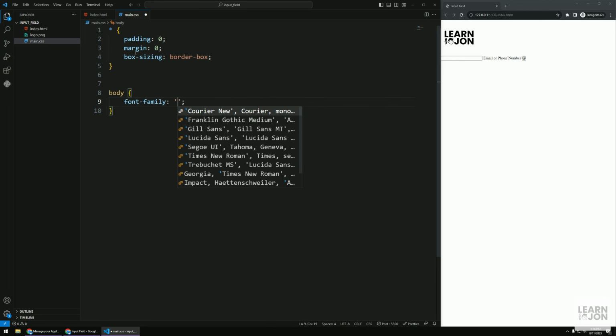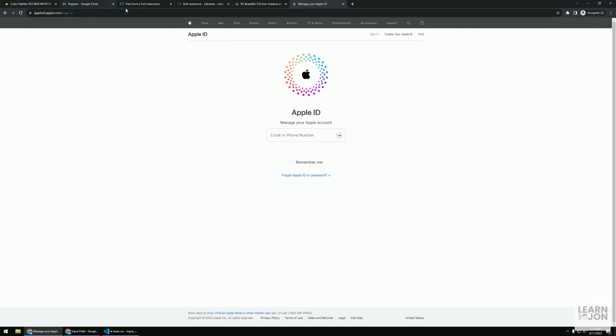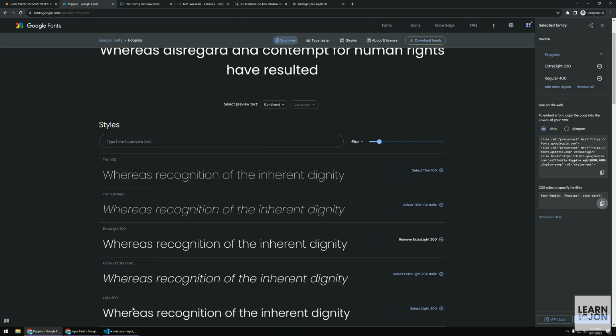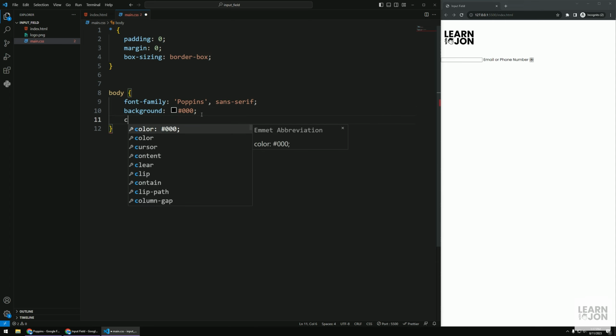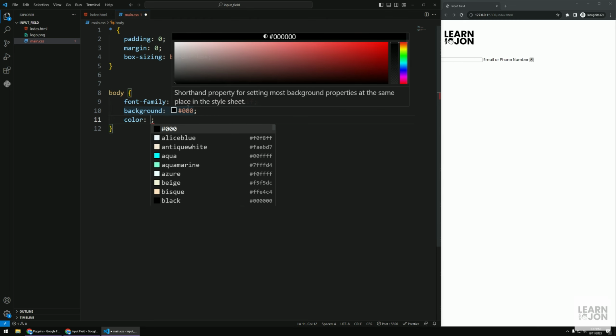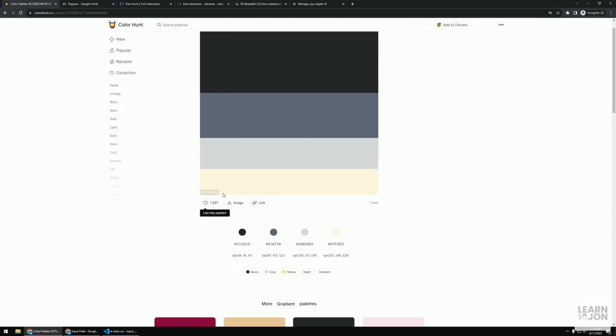So it was Poppins and sans-serif. I don't know, was it sans-serif or sans alone? Doesn't really matter because, yeah, sans-serif. We're getting the Poppins anyway. Now, for the background, I'm going to use a mild creamy color, but for the color itself, or the text, we're going to use that color palette that I pulled up already. So this should be the background, but a bit lighter. And then this is the main